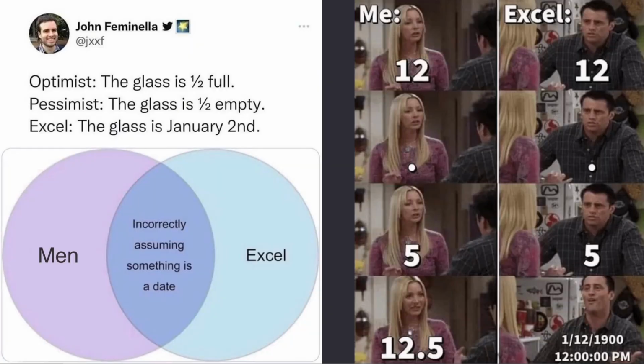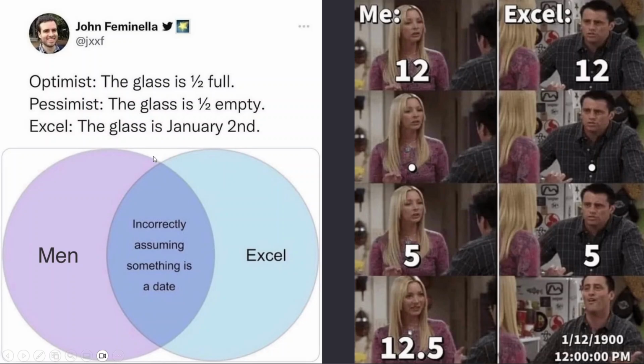Also here, a few funny jokes or memes about Excel. As I've told you, Excel will sometimes assume that you are inputting a date, even when you don't want to. Here, the optimist says the glass is half full, the pessimist would say the glass is half empty, and Excel would assume you want to input 2nd of January.